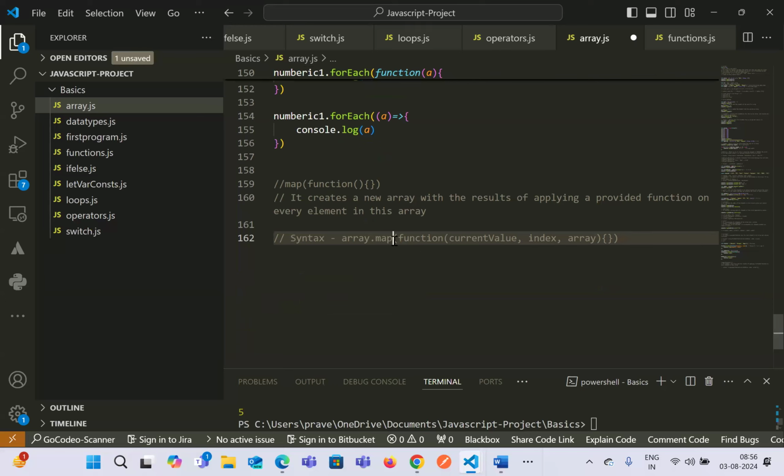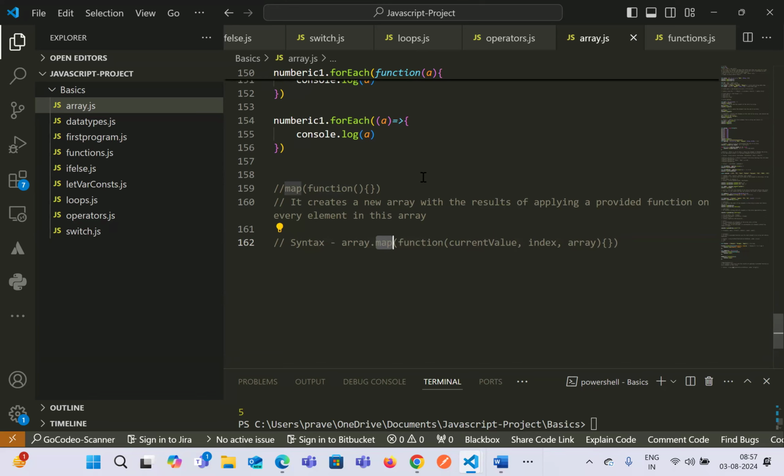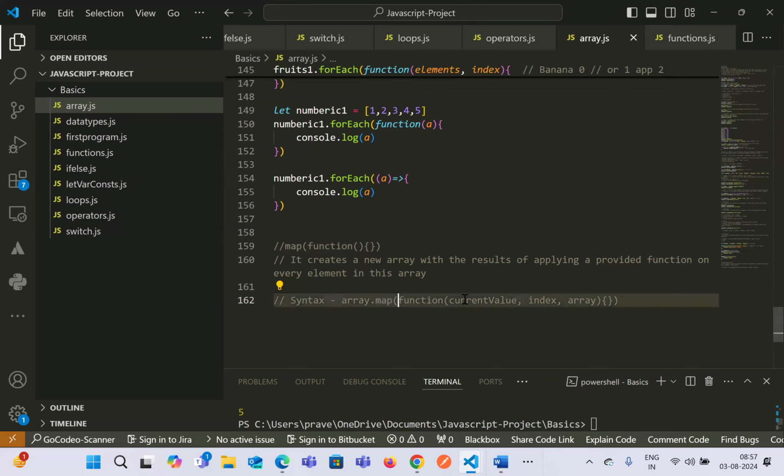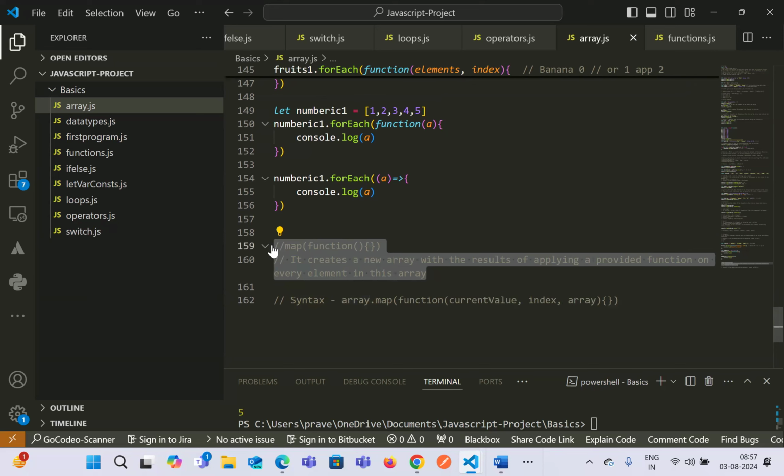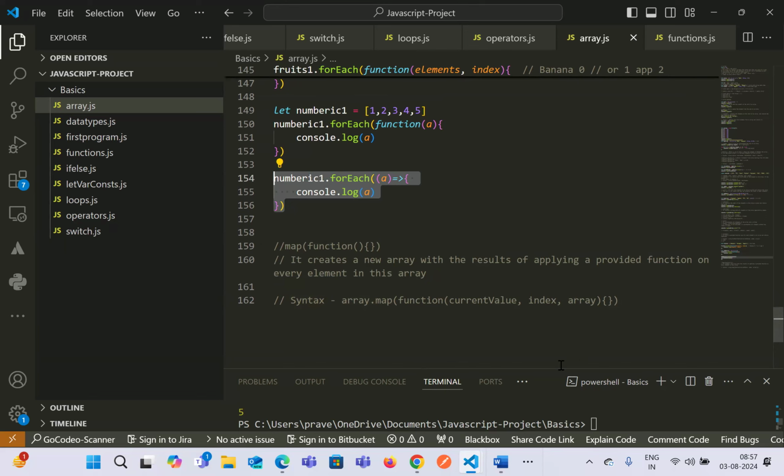So this map function says that this will also have a maximum of 3 parameters, 3 arguments. And whatever the function that we try to use inside a map function will be applicable for all the elements. It will basically iterate through all the elements, execute the function, and whatever the resultant value will be, it will display as an array,